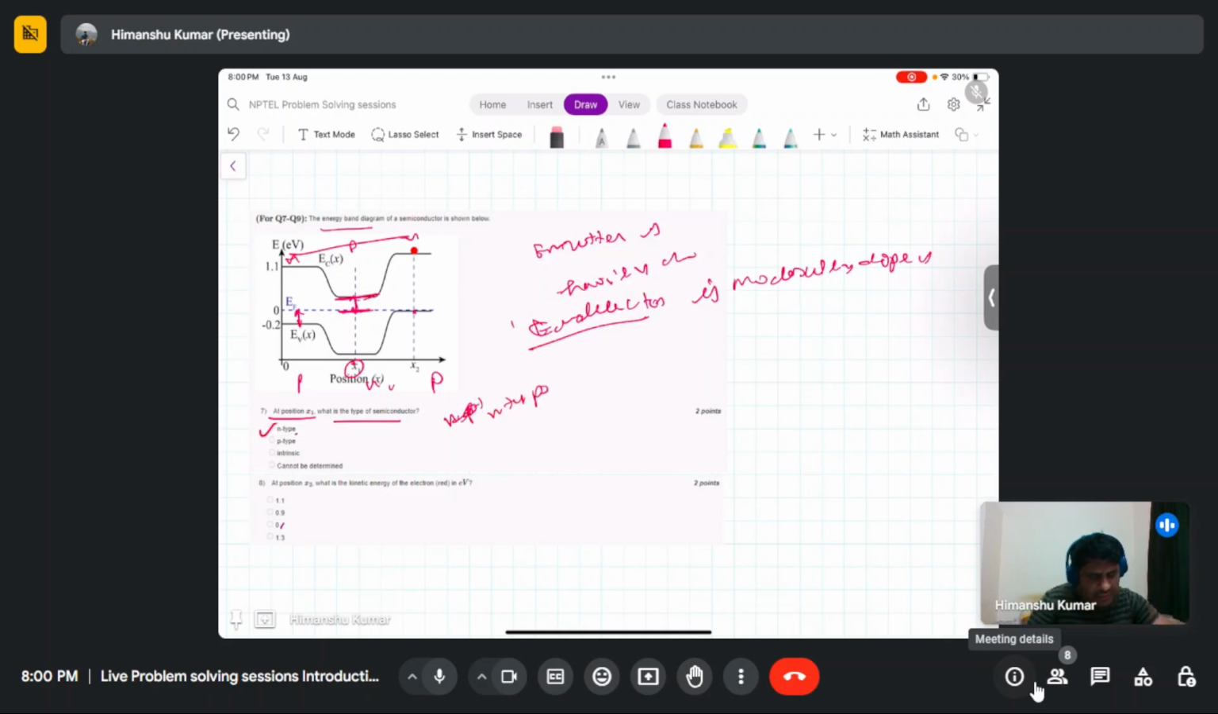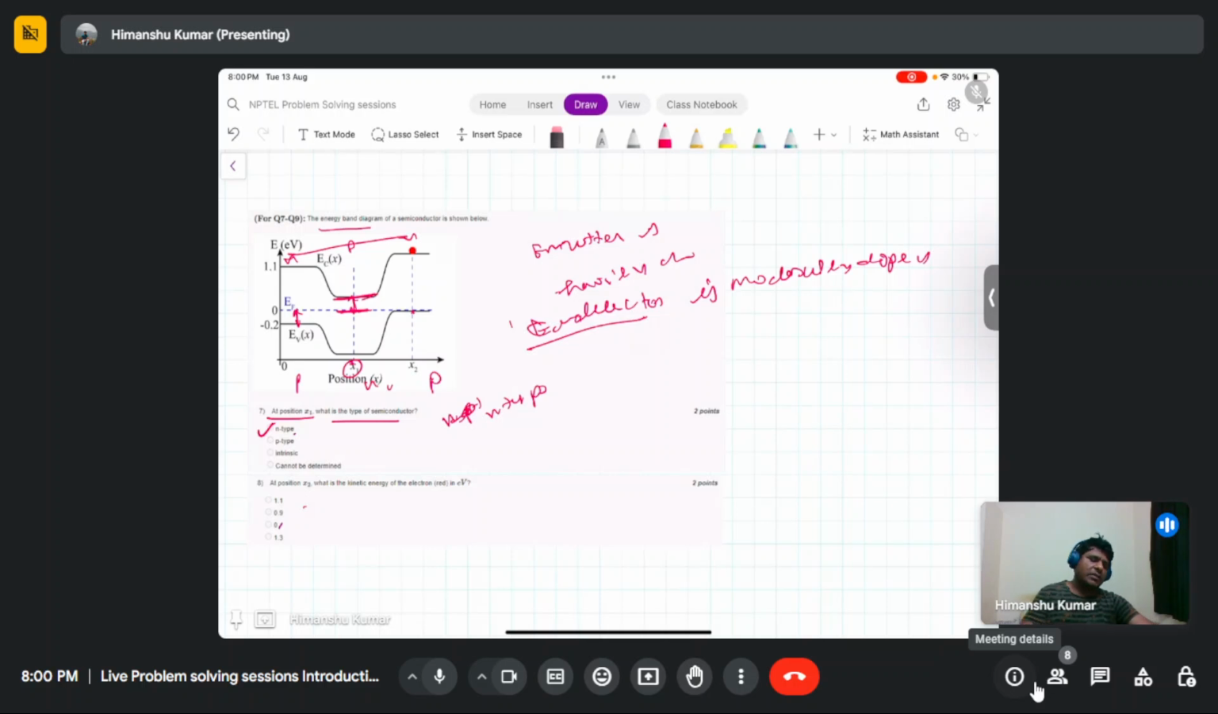So the correct answer is n type. At position x2, what is the kinetic energy of the electron in red? So basically